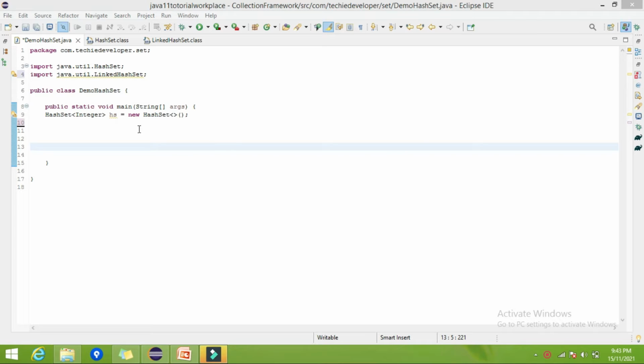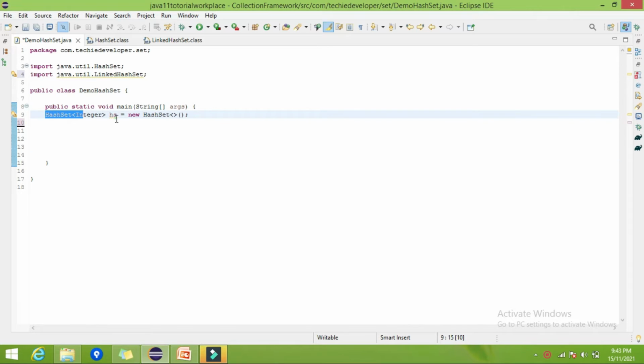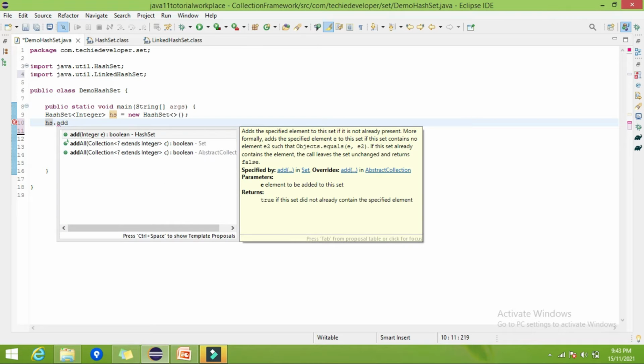So let's try to create the hash set for integer. I have created the hash set and given the name hs of integer. Now let's try to add elements into this hash set. How to add an element? Simply we have the method called hs dot add.